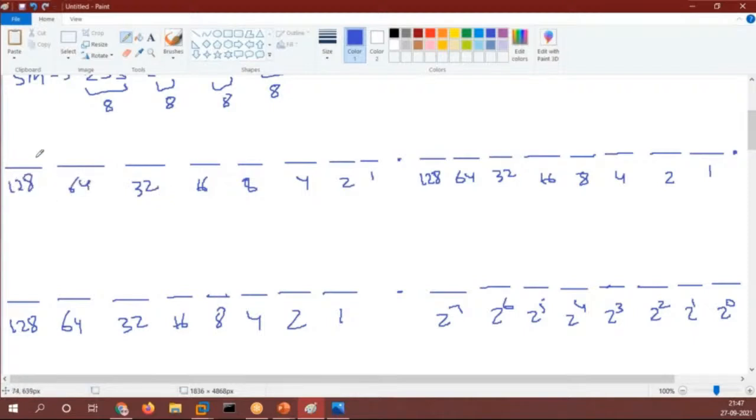Now, if we have to find out which bits are on and which bits are off, your on bits are your network bits.